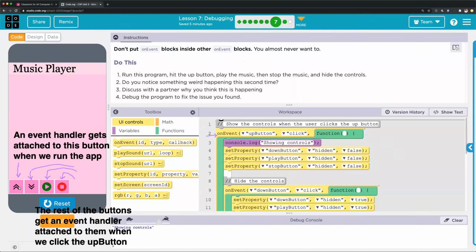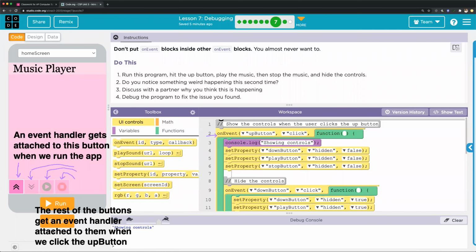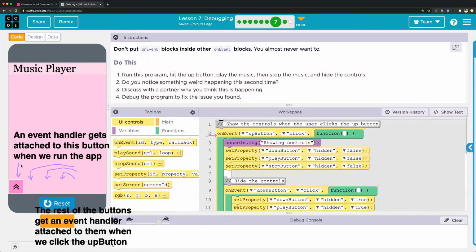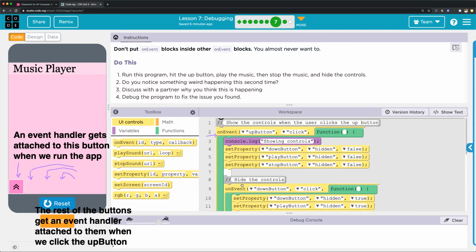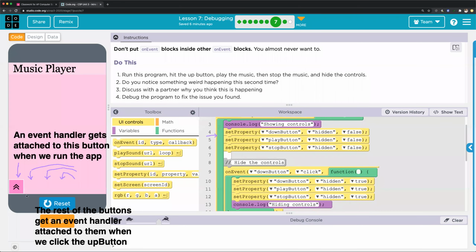Okay, so first thing that happens, actually, let me reset that. I did that too fast. Okay, so when I click run, we get an event handler attached to this button. And that's because it's right here on the outer layer. We have not gotten event handlers attached to the other 3 buttons yet until we go ahead and click